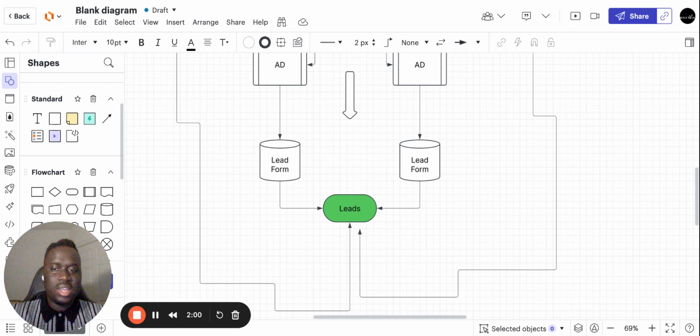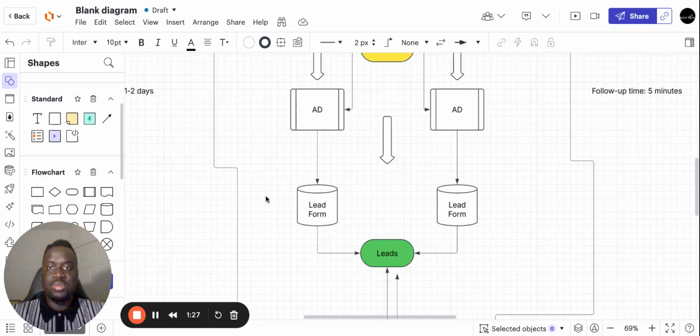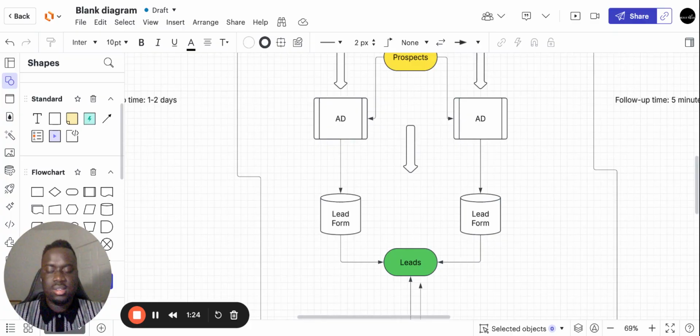You don't just have to use AI agents, though. You can use text automation for this. The key thing, though, is to make this as fast as possible. In a text automation scenario, someone fills out an ad, your CRM gets that communication that they filled out the form, and then they get an automatic text that asks them a couple questions related to their needs, right? What type of roof they want, these different things, for instance. And then they have been engaged. Your lead follow-up time is like a minute, 2 minutes through text.